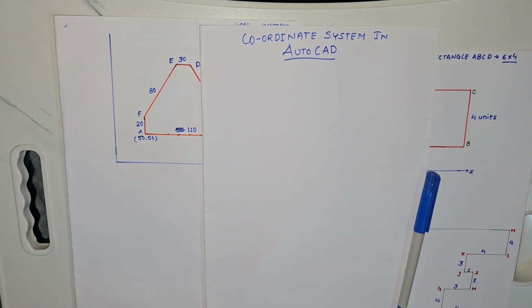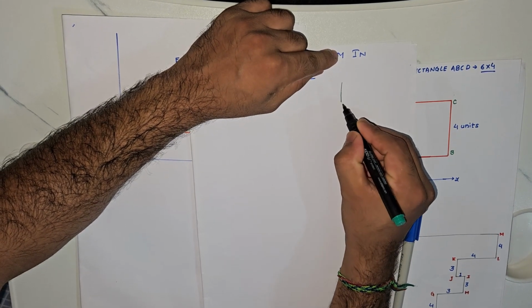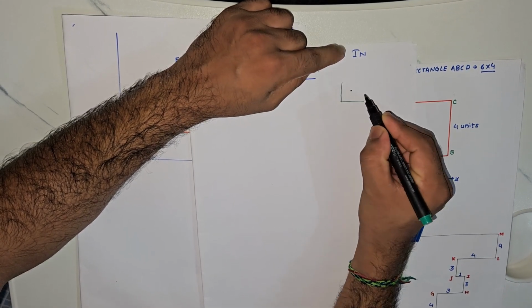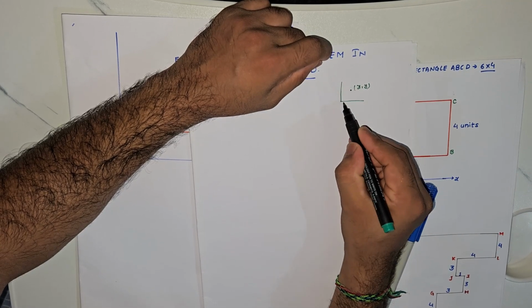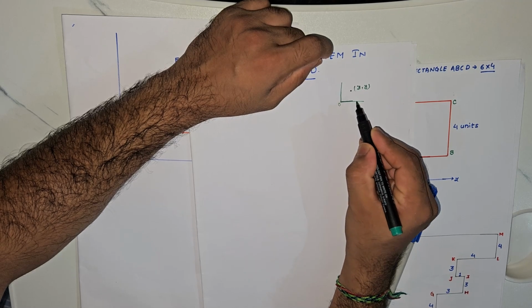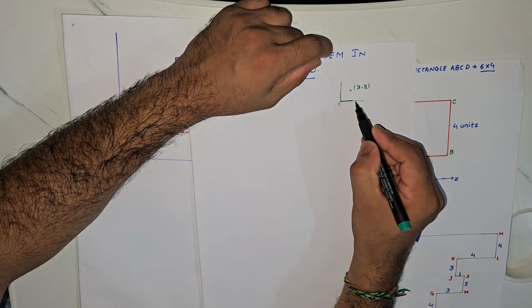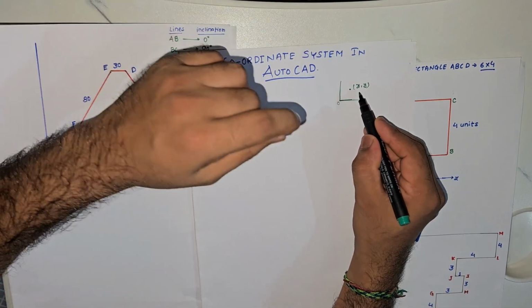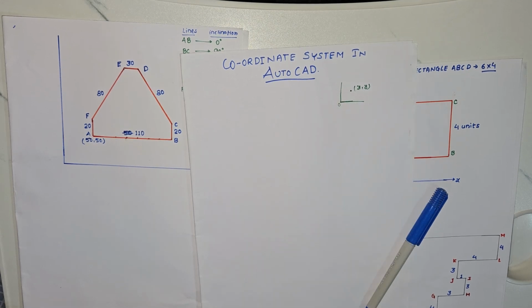The coordinate system, in basic words, if you see, suppose we have any point and the location of that point is given by x coordinate and y coordinate. It means if this is the origin, then how far this point moves in x direction and how far this point moves in y direction. That is the location of the point in x and y coordinate. So x and y are the two coordinates of this point.